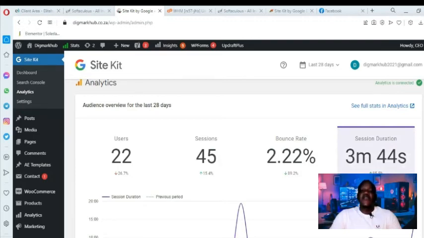Bounce rate is a key metric and is so important. Bounce rate refers to the rate at which people, when Google says this website is relevant for a search, come to the website, think otherwise, and quickly go. That's the bounce rate, where people think your website is not relevant and go away. The rate for me is 2.22%, which is